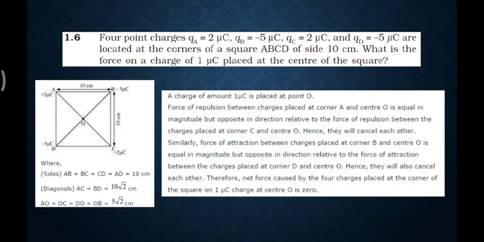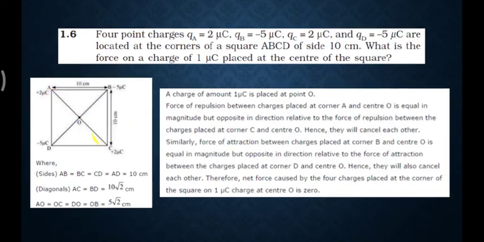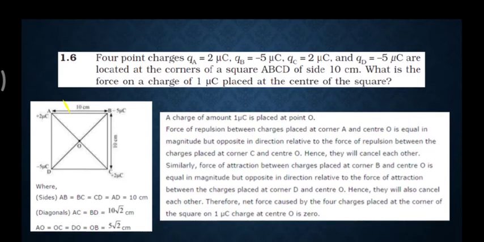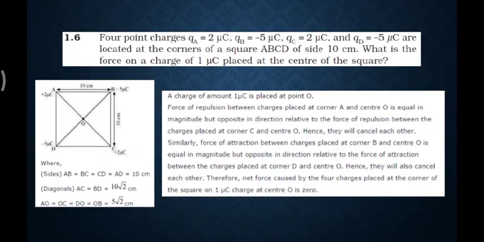Then you start with k Q_A Q_O upon r squared. You may have to find this distance also, but there is no need. Why? Suppose any number comes at the end while you are doing the calculation, it will be the same, because here also the charge is 2 and here also, as you already took in this example, and this distance is also the same. So why waste your time calculating this force and this force and this force,